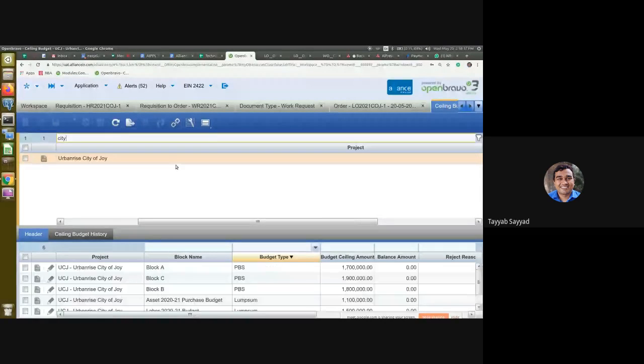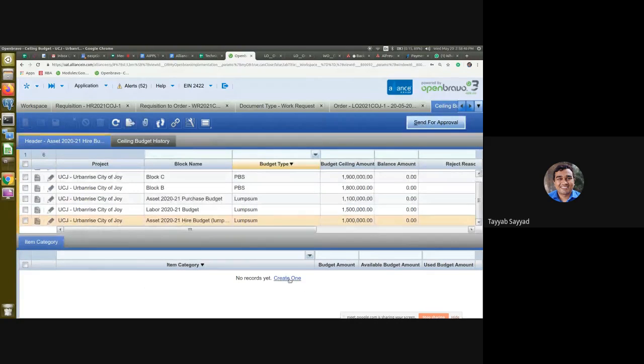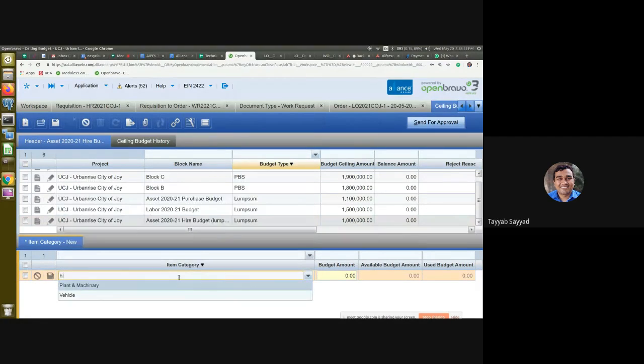I'll select the asset hire block. I'll mention this plant and machinery, and I'll use the budget as $50,000, and I'll add the budget for the vehicle also for $75,000.